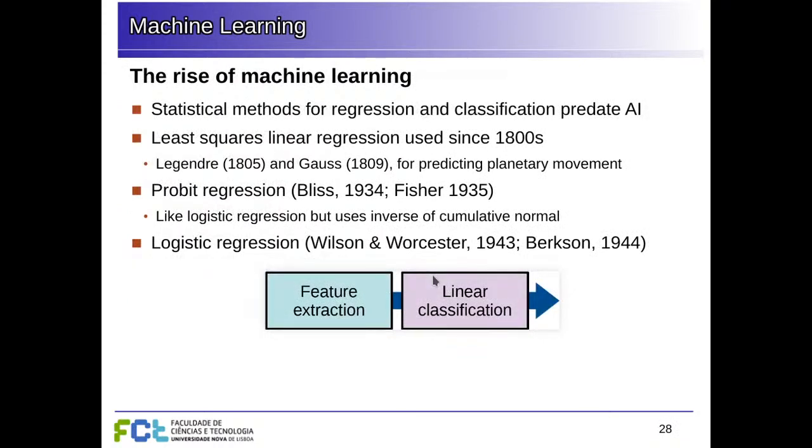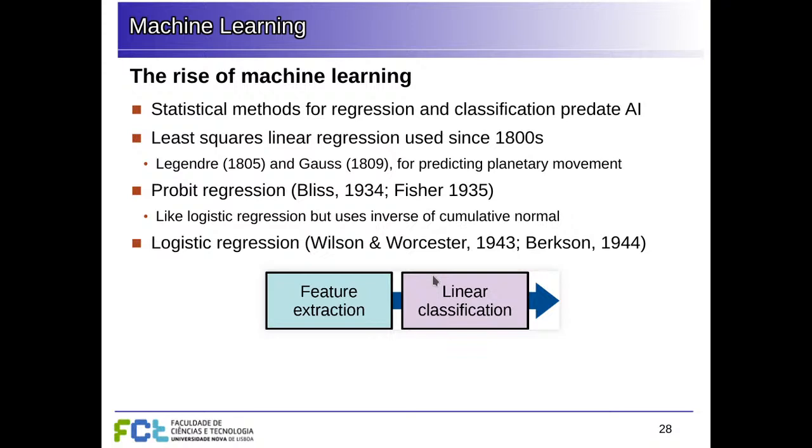Machine learning also improved a lot in the recent decades as some initial problems were overcome. So basically, the beginning of machine learning, we can see it as far back as the 1800s, where linear regression was used, for example, for predicting planetary motion. So least squares linear regression is an example of machine learning where we have a model, and then we have examples that we are using to adjust the parameters. Of course, by 1800s, they did not have computers to do this automatically, but they could do this by hand, compute the parameters, and so this was the first example of this kind of modeling, where we use examples to fit the parameters